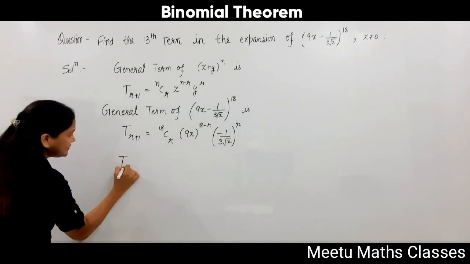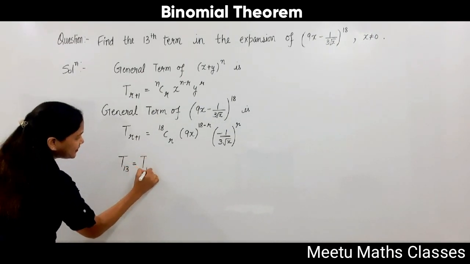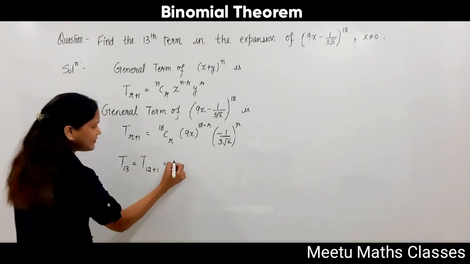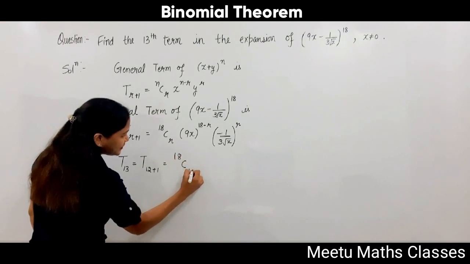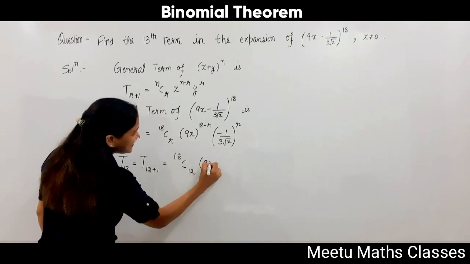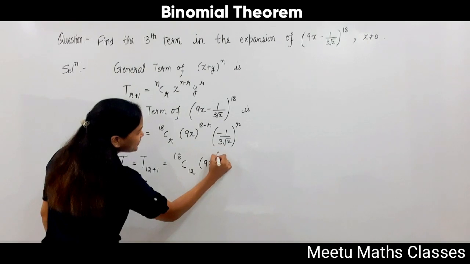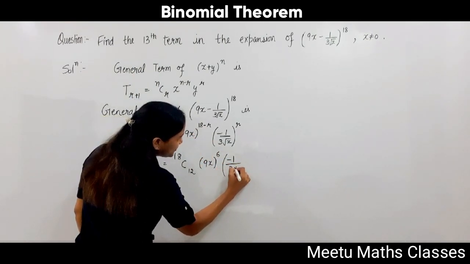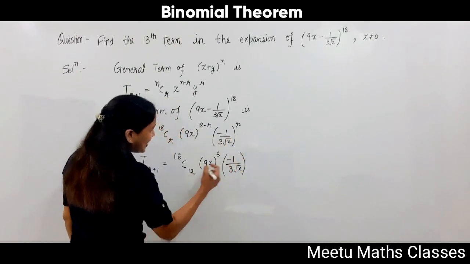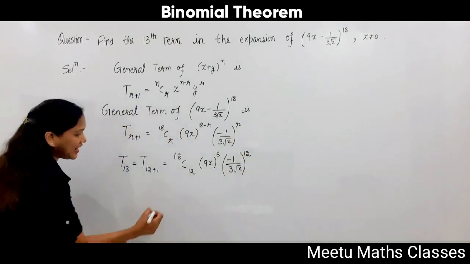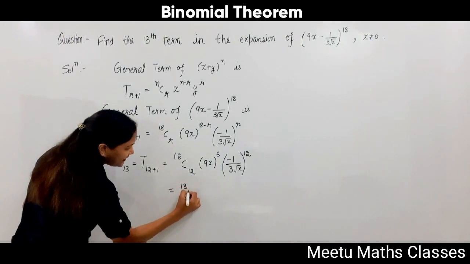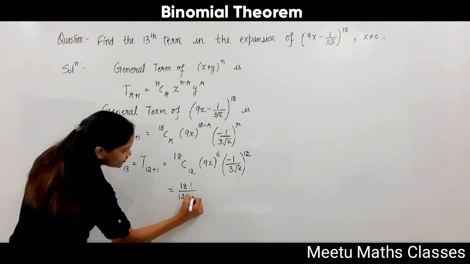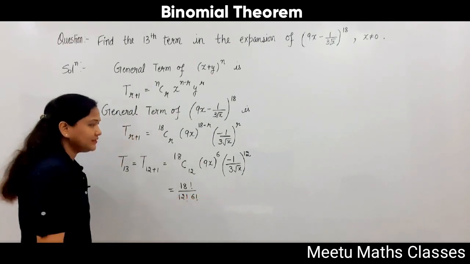So 13th term is equals to T(12 plus 1). So we are going to substitute r is equals to 12 here. So 18C12 (9x) raised to power 18 minus 12 is 6 and (minus 1 upon 3 root x) raised to power r. R is 12 here, and that is equals to 18 factorial upon 12 factorial into 18 minus 12, 6 factorial,